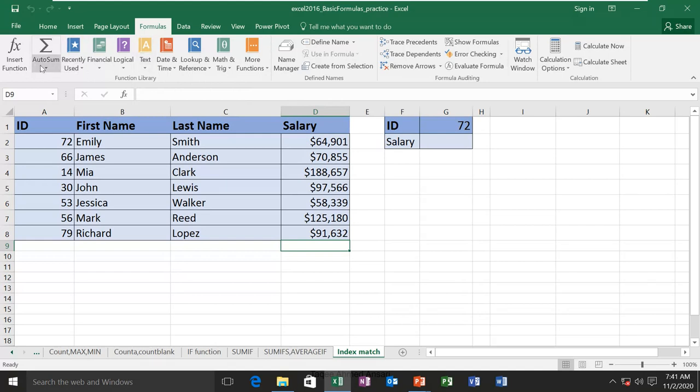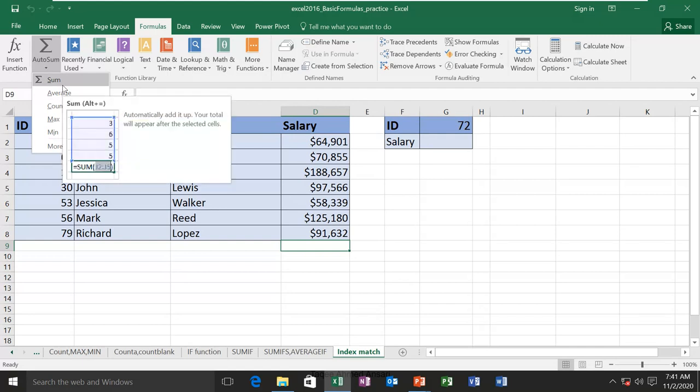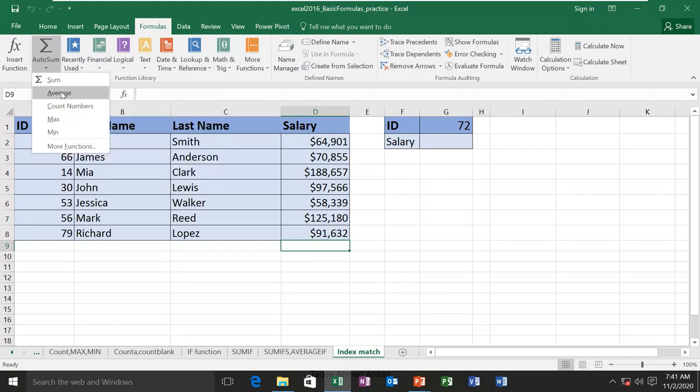The first we have is auto sum. Auto sum is used to apply some basic and most common functions in a worksheet. It does it automatically, that means it will automatically count the values and automatically select the range. For example, here in this cell I want to do the sum of all these values, so I can select the cell and then go here and say I want to do sum.